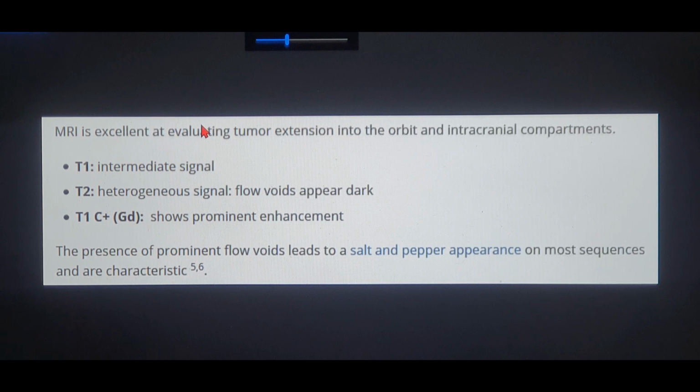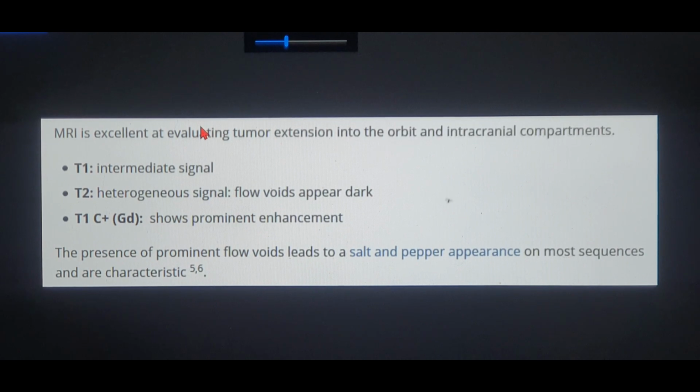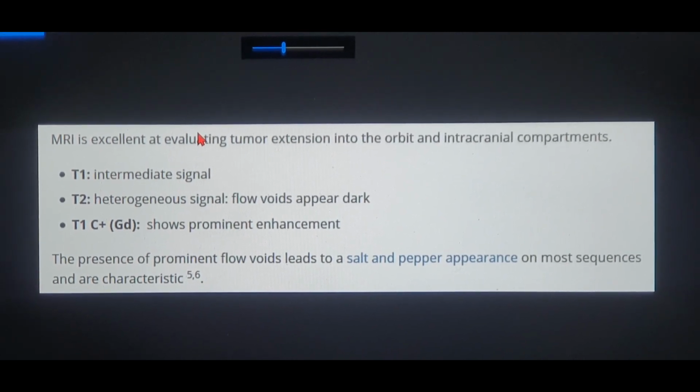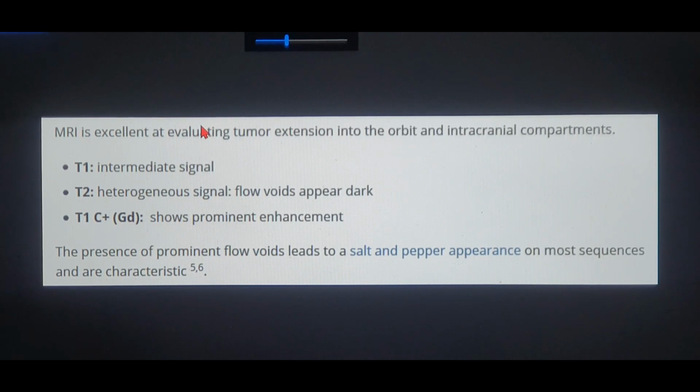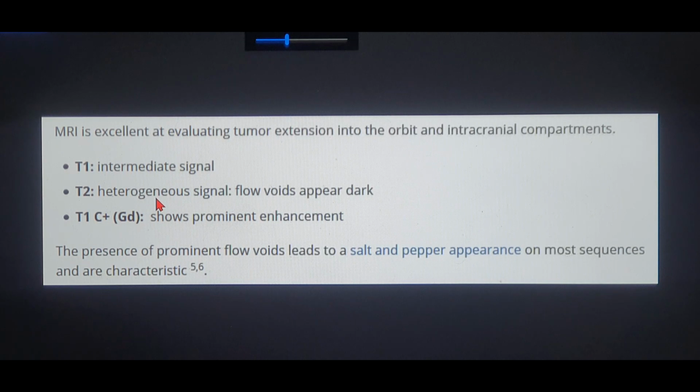Mostly the tumors on T1 scan will show isointensity to hypointensity. Not all tumors, but mostly tumors will show T1 hypointensity or isointensity. But on T2, it will show heterogeneous signal along with the blood vessels. It may show hyperintense, sometimes hypointense, depending upon the vasculature, the protein content and the calcification within the tumor. So that depends on the individual tumors. You have to be very careful, but the T1 post contrast, if it's a vascular tumor, will always show